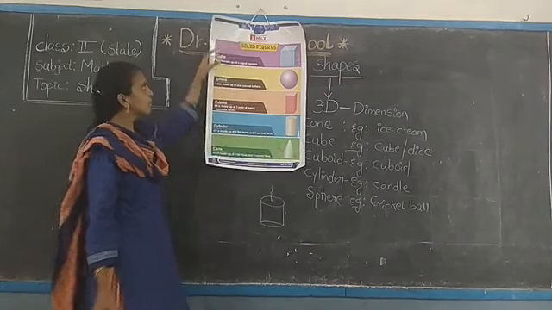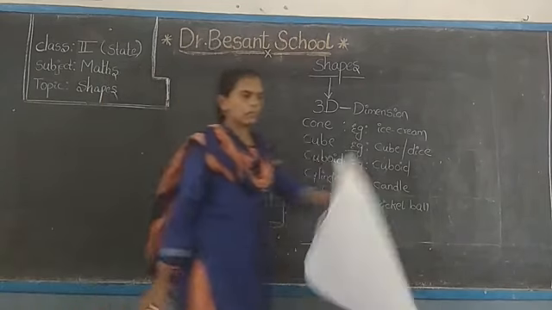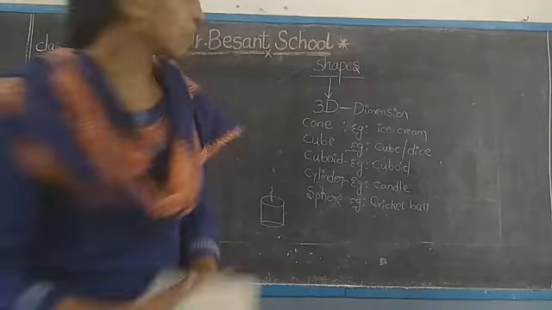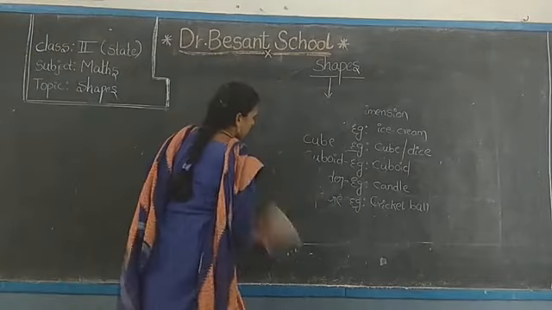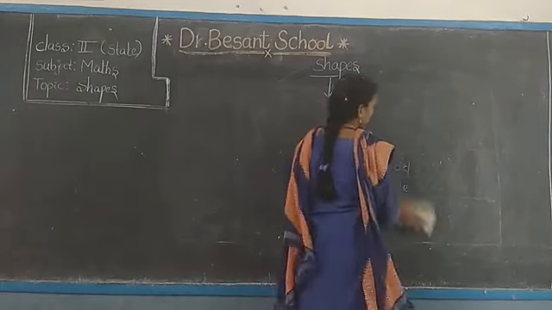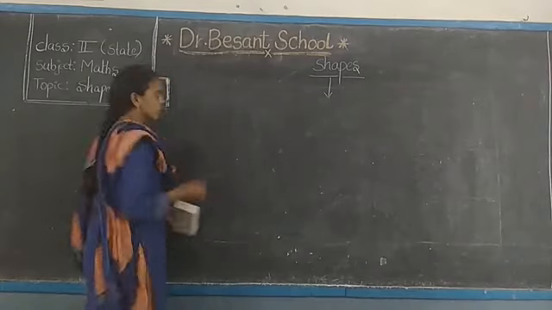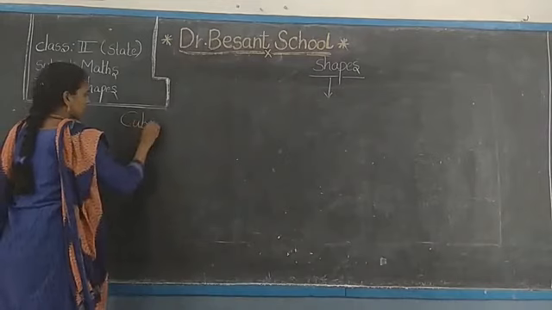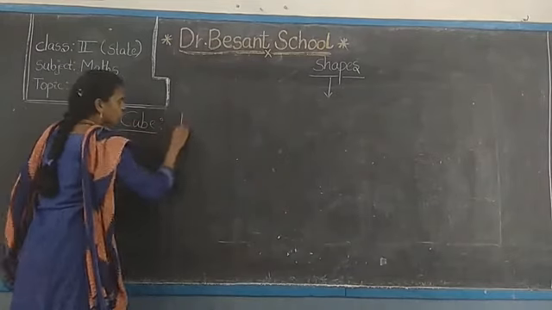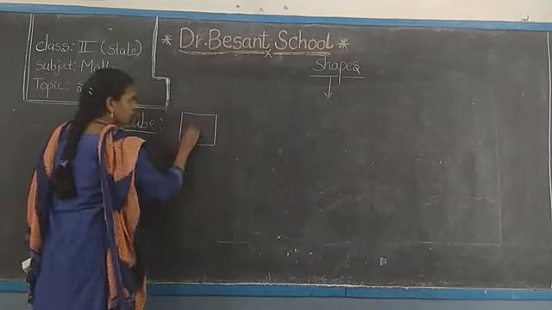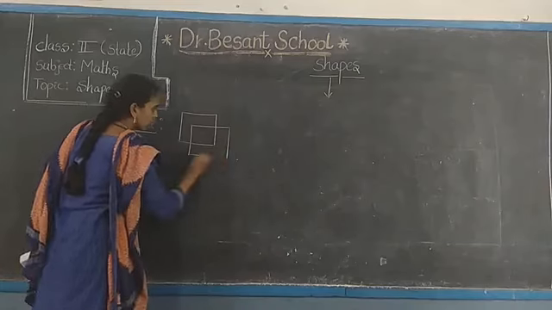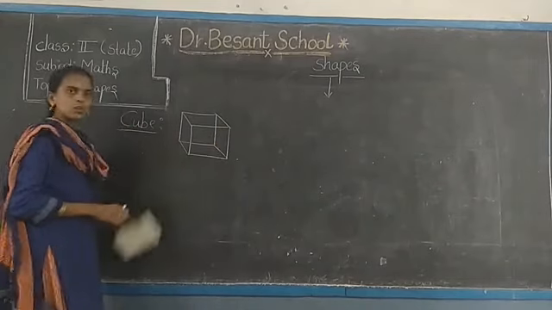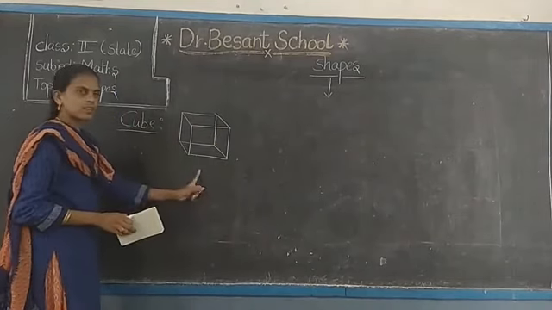Okay, children. Now we are going to learn the geometrical features of these pictures in depth. Okay. The first one is cube. We are going to learn how the cube looks. Cube looks like this only. We have to draw first the shape of a square and down one more square. Join these two and these two and these two. So this shape is called a cube.